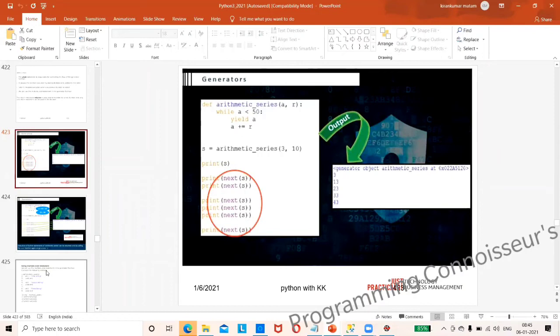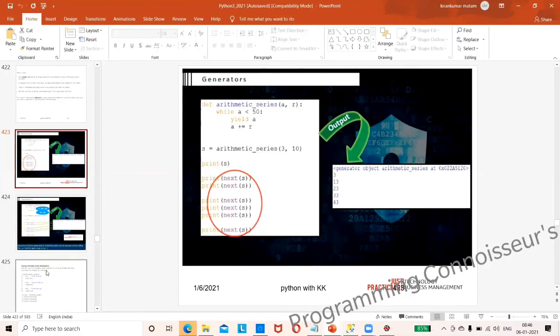Now, normally without a for loop, what are you doing? You are doing one-by-one calls. If you do a for loop, automatically it will generate into a list. So my point is, if you are using a return, will this happen? Yes, it may happen, but it calculates in the memory.